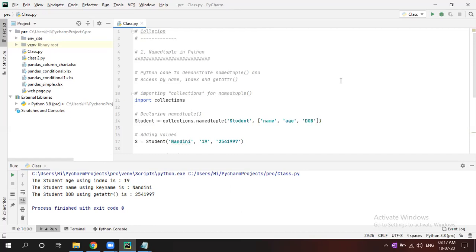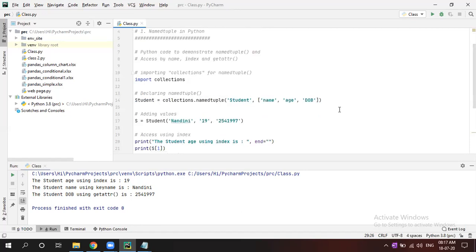For that you first have to import the collection. Collection is a library. Now let's say a variable student: collection dot namedtuple, and we have given student, with name, age, and DOB.